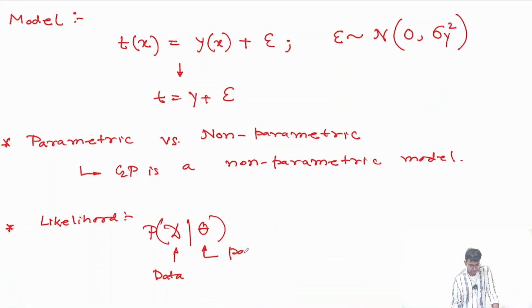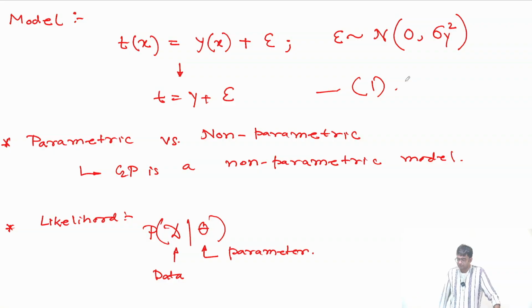Likelihood is fine. So likelihood is generally defined as the probability of D given theta. This is your data or observation. This is your parameter. So this was the likelihood. Now let us go to the above expression. Let's call it equation 1. Now from equation 1,